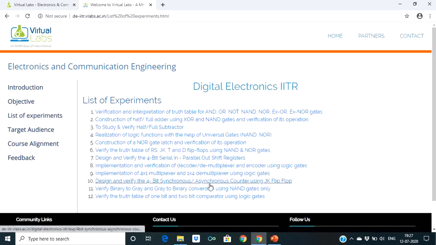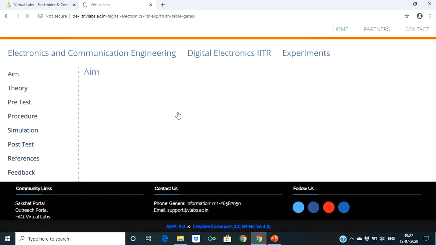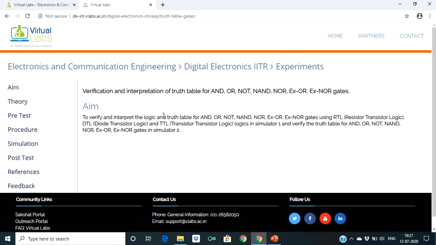Now there are various experiments here, and we are implementing the first experiment, verification and interpretation of truth table for logic gates. So we will click on this. Here you can see they are using RTL logic, meaning resistor transistor logic, to implement gates, diode transistor logic to implement gates, or transistor logic to implement the gate.